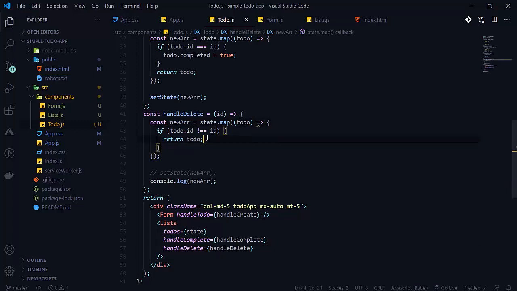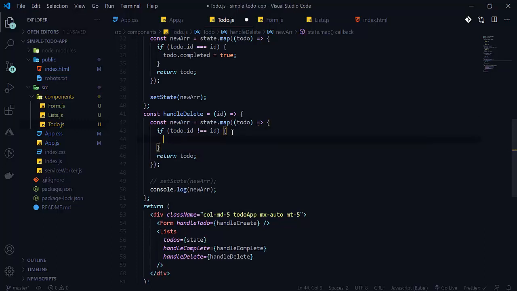console newArray, state.map. There is one return statement, so return todo here. So if not, simply we will continue.